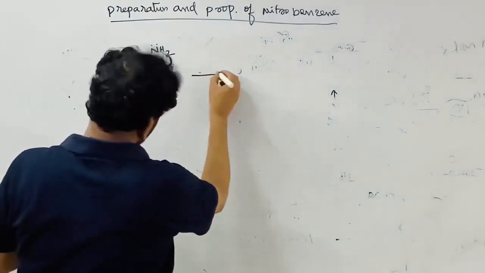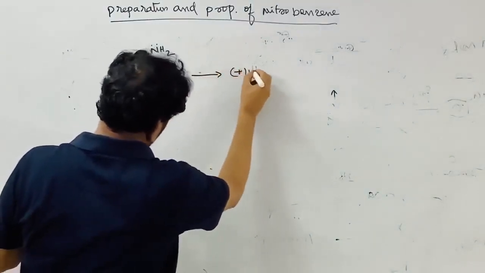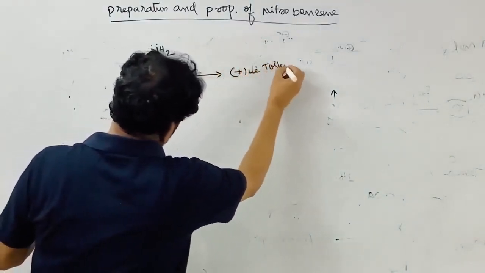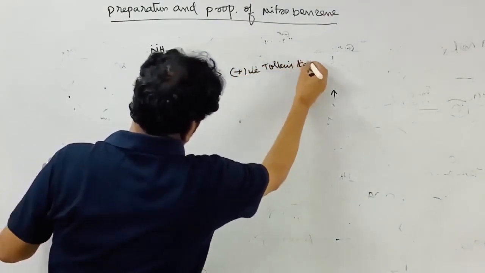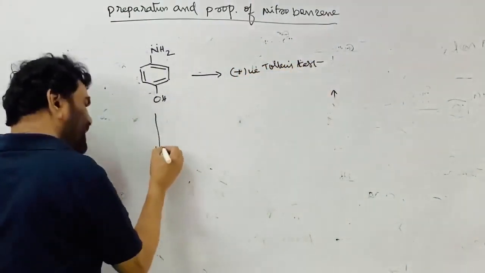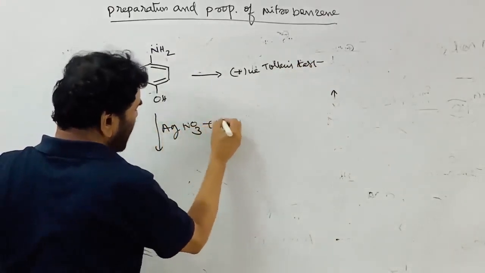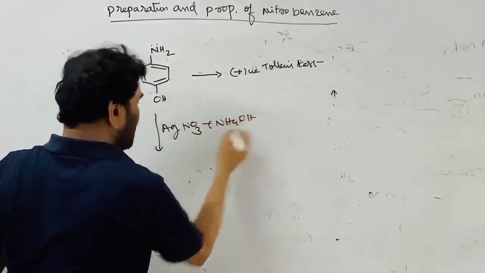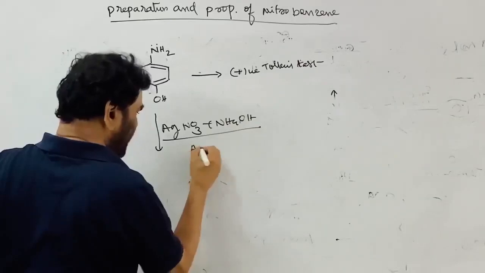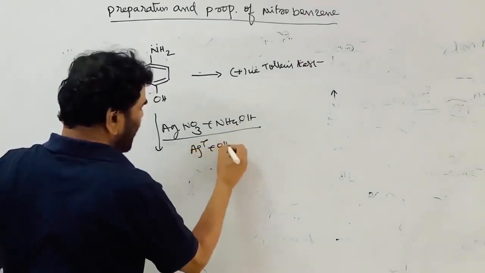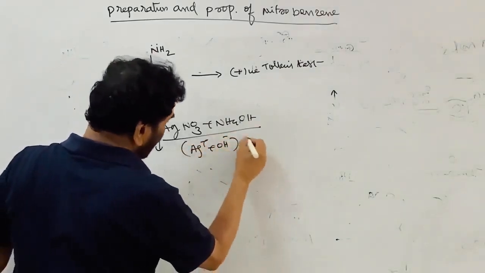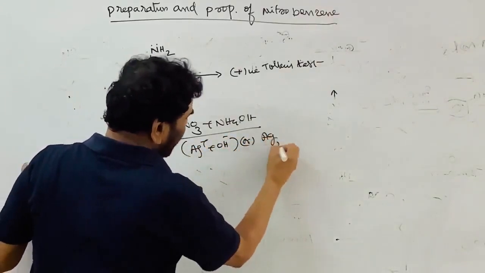This gives the positive Tollens test. When it is treated with the silver nitrate and ammonium hydroxide mixture, we write it as Ag plus OH minus ion,